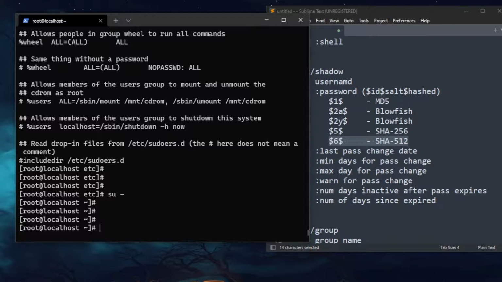If you are within the wheel group, then you become a sudo user and you can do all the things that a root user can do. So let's check the difference between the Samuel user and the test user, why Samuel can use sudo and why the test user cannot. Let's check